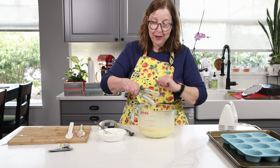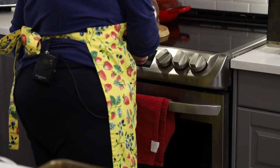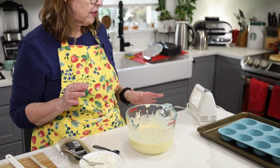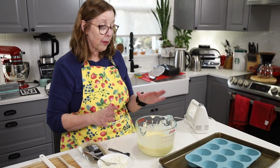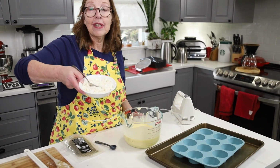And I'm going to set the oven to 325 while I'm talking. Okay, so I have the basic batter here, and what I'm going to do is divide it into this muffin pan. I'm going to put half in here, and then I'm going to add 4 ounces of